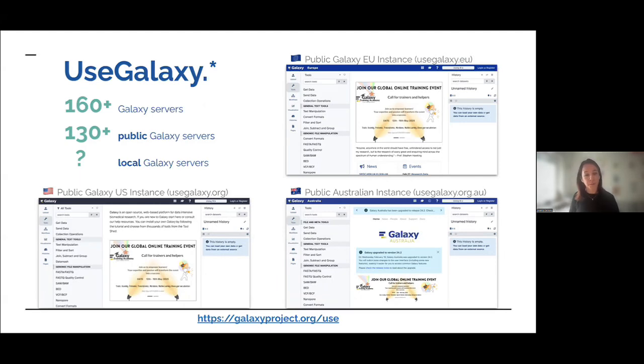Also important here is that Galaxy has a kind of an app store that is common for all the tools that are available for the different servers. And each one of the admins of the servers is responsible for having these tools installed there. So it might be that there are some tools that are in one server and not in the other. In that case, you can contact your admin and ask them to install that particular tool that you may need. So that's on the general global infrastructure.